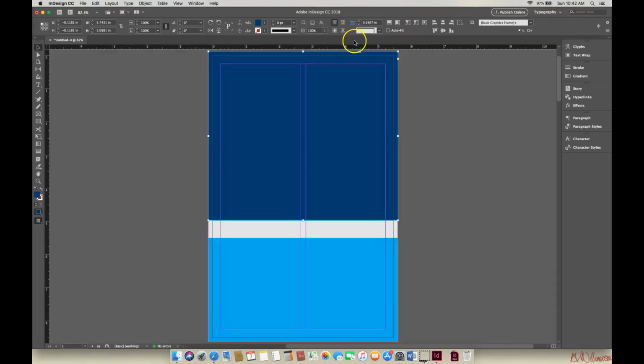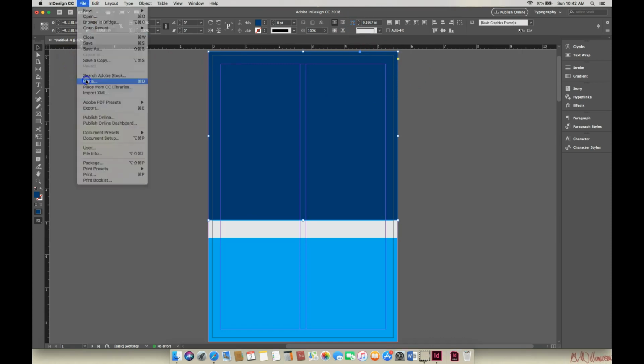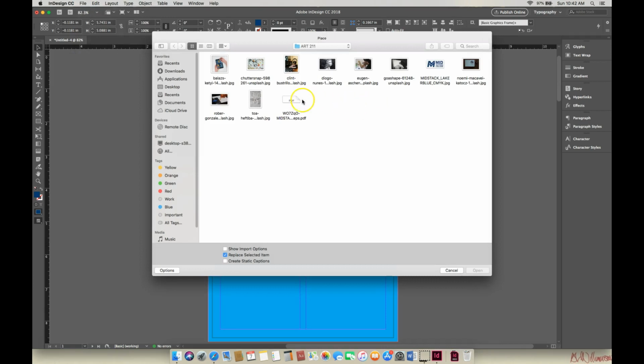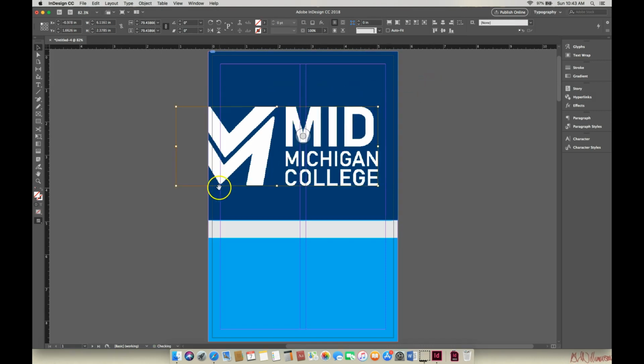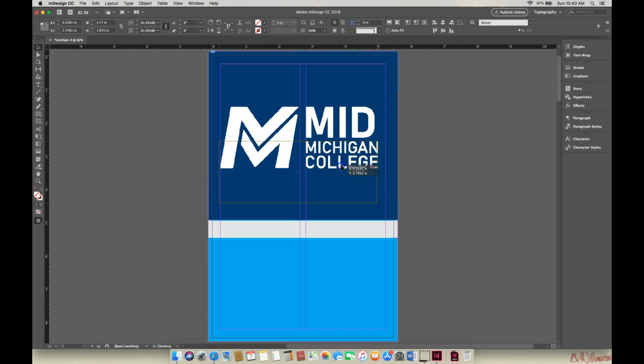I'm going to make this a little bit bigger so I can see what I'm doing. And I'm going to go ahead and place. This is going to take me to my Art211 folder where I've got stuff stashed. Open that, and there it is. Now, you'll notice that it looks a little bit chunky right here, a little bit bitmappy, but that's not a big deal because it's just a link, remember. It's just a low-res link. I'm going to double-click on this so I can make it smaller. I'm holding down my Shift key to keep it proportionate. Okay, there's my